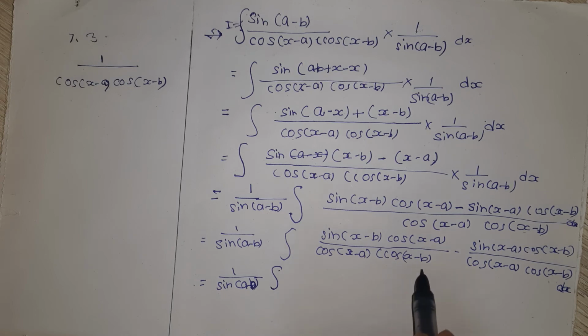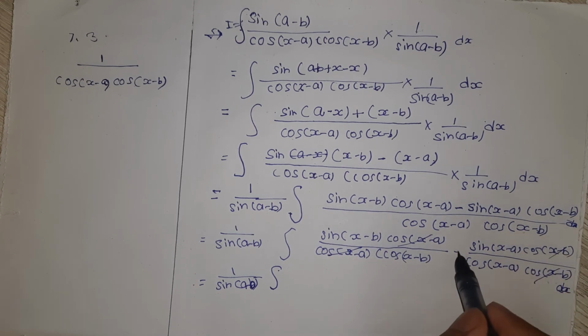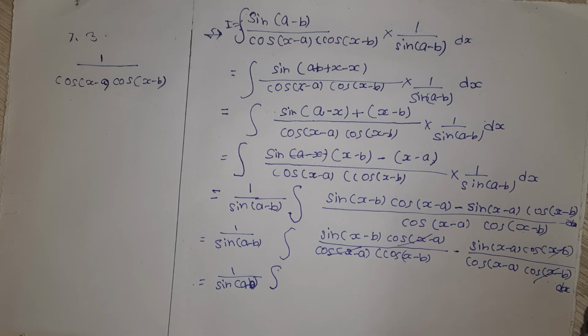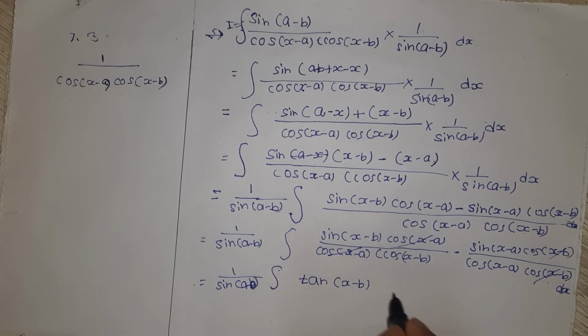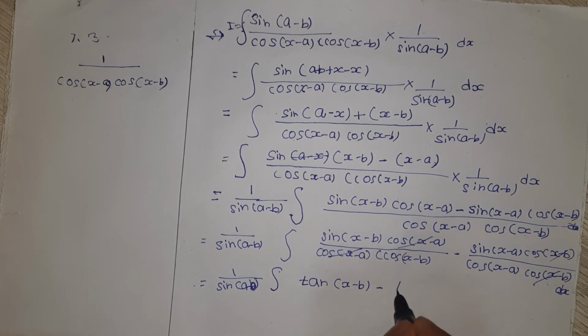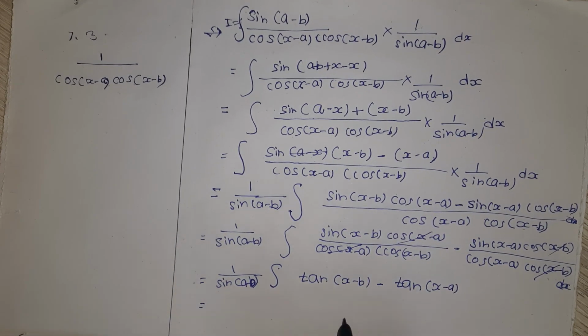Now cos x minus b and cos x minus a. So this term will cancel out here and here this term will be cancelled out. So what remains here is sin x minus b minus sin x minus a and upon cos x minus b. What is this? Sine upon cos. So we can write it as tan x minus b minus tan x minus a, right? So